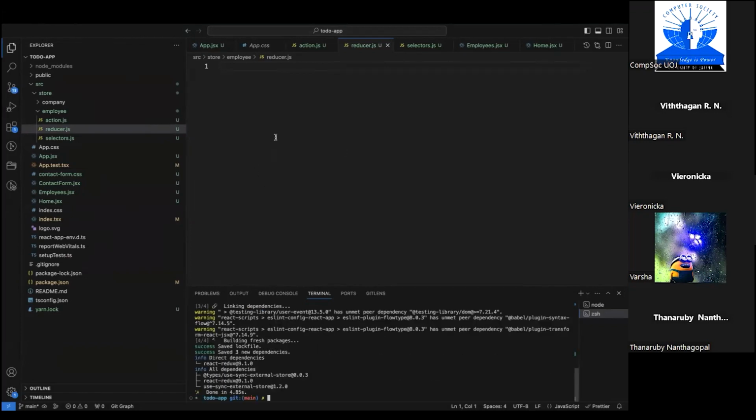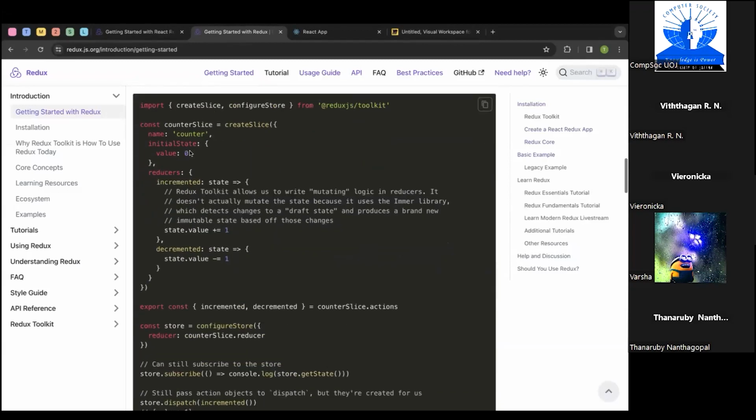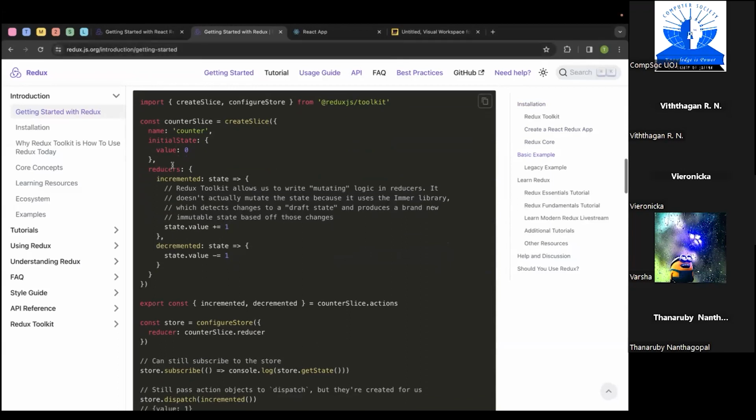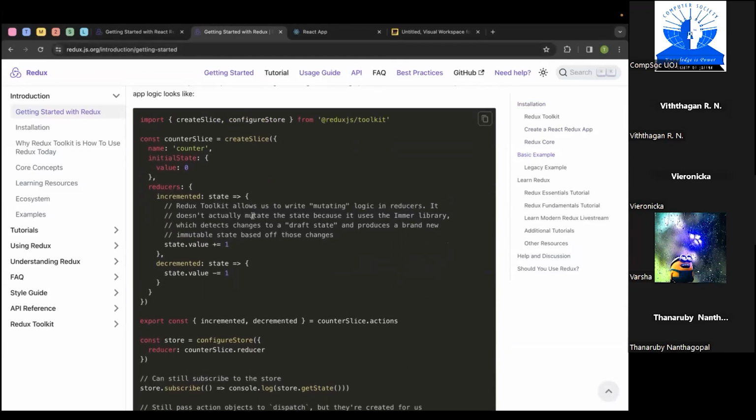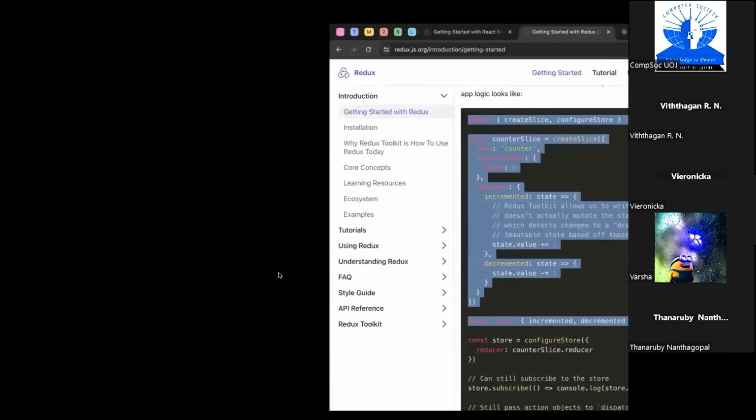So here, first I'm going to work on the reducer file. So I'm going to import something called, let's look here. We can get this code from their documentation itself, in the Redux help documentation. So I'm just going to copy and paste this here. I'm going to copy all this code and